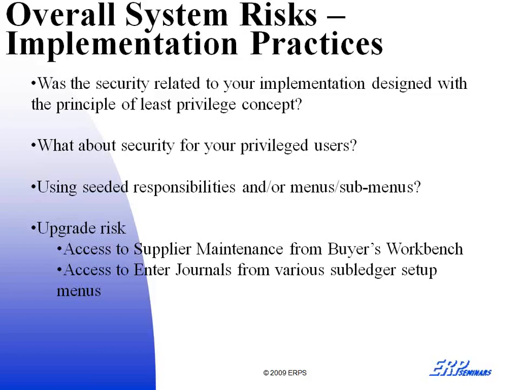And a couple of examples there, I would just say, I go into a lot more detail in the book on this. Just two examples: upgrading from 11i to R12, this gives a user access to a menu that typically is used for purchasing, which would give a buyer access to supplier entry, which is generally not a good thing. And then the inner journals, there's actually the ability to enter a manual journal inserted in various